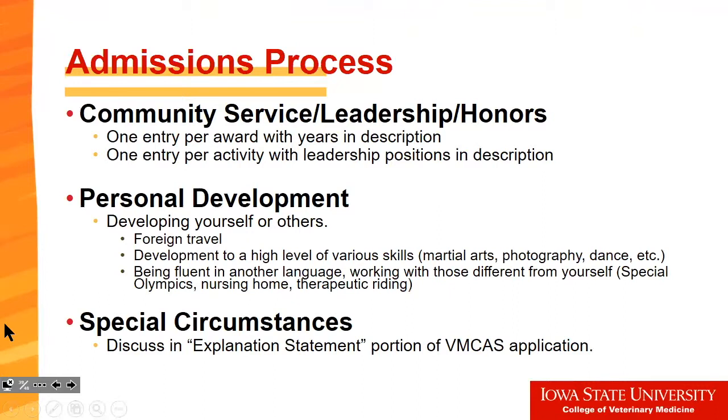Honors we talked about. The personal development, yes, foreign travel, getting to know other cultures, getting to know people that are different from you. This is where they look at pushing yourself out of your comfort zone. So maybe volunteer with Special Olympics if you haven't been around mentally challenged people. It could be working in a nursing home. Maybe you haven't been around elderly people or people that are compromised in some way. They want you to do things that you feel are difficult, that will expand your knowledge of humanity in general,